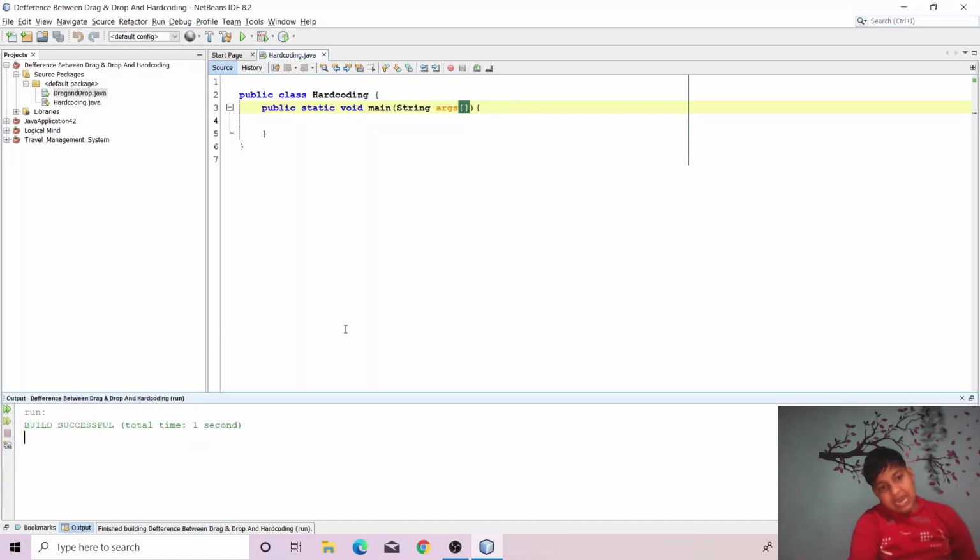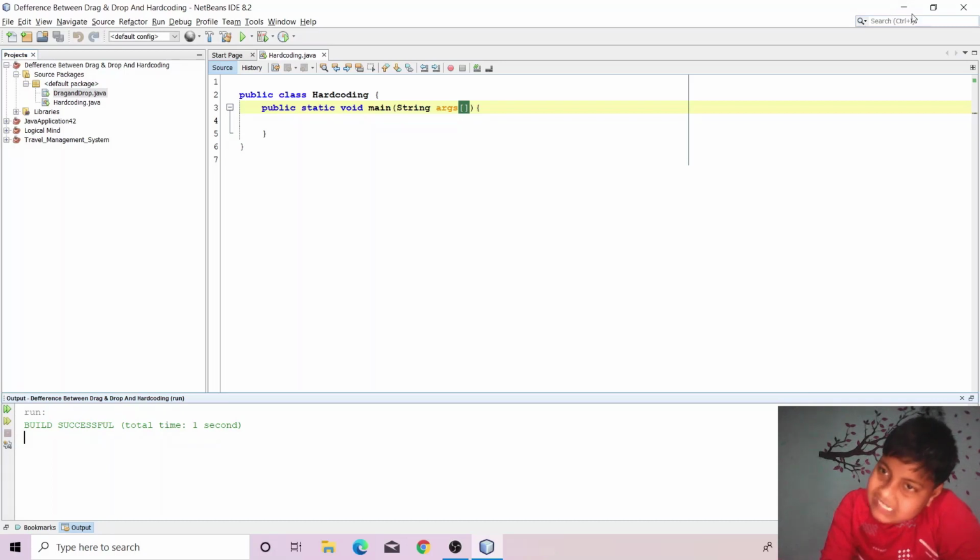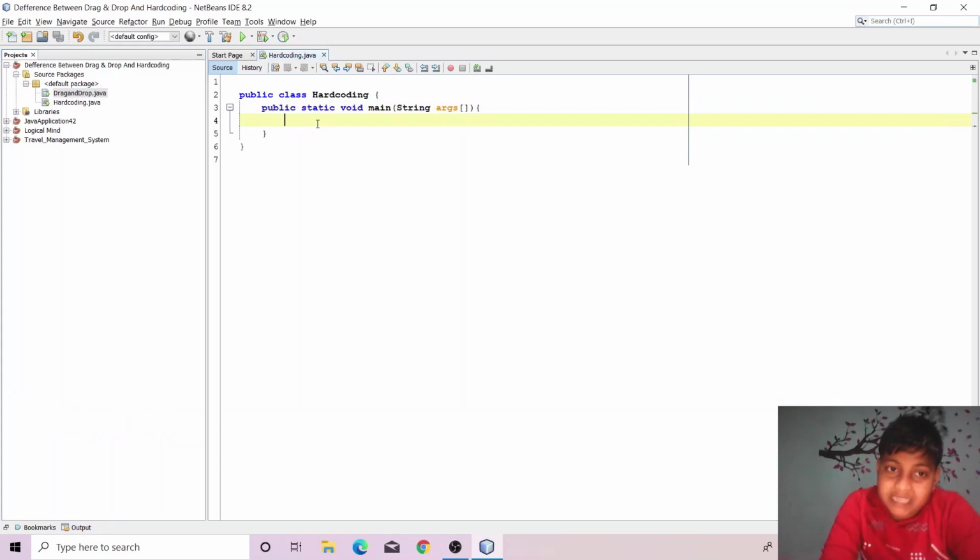But I told you that the frame is made, but the frame is not showing. Although you will think that its location and size is not decided or set yet, it should at least show its minimize, maximize and close buttons. It's not showing that also, because by default the visibility of the frame is hidden. We have to change the visibility to true, and by default it's false, means hidden.